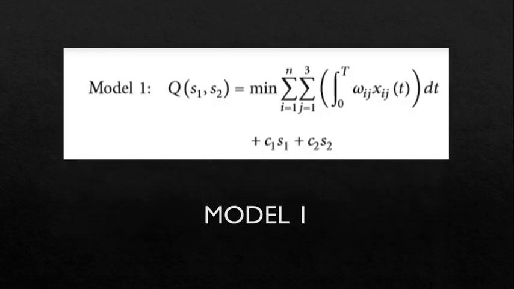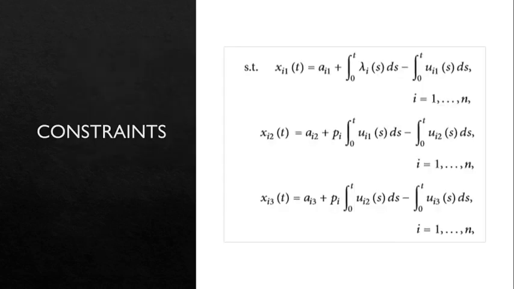So the objective is to minimize the cost for patients and the emergency department. I will briefly explain each constraint. In the first one, the amount of class i patients in their first stage at time t is equal to the summation of the amount of class i patients in their first stage at time 0 and the amount of class i patients arrived from outside, less the amount of class i patients serviced by server 1 and